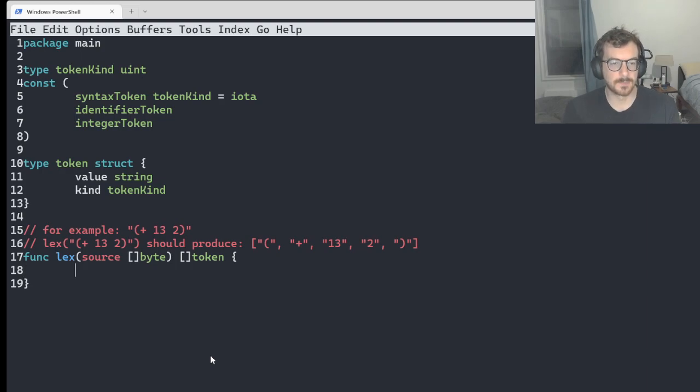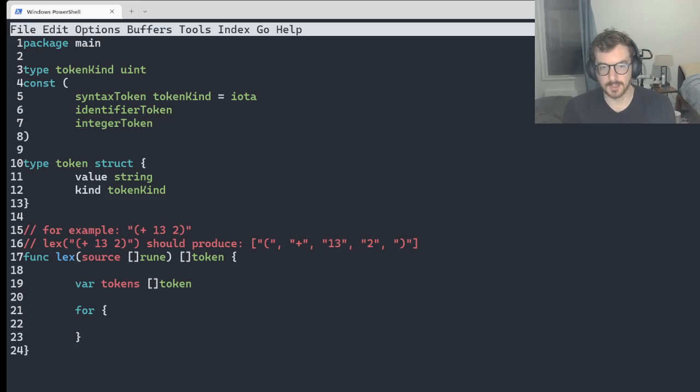Okay, so now that we've got this, the basic logic inside of Lex is going to be that we've got our token list that we're going to want to accumulate. And then somewhere in here, we're going to be iterating over all the characters in the source. We can be a little bit more Unicode friendly if we act on rune lists rather than byte lists. So one cool trick in Go is that, I'm pretty sure about this,